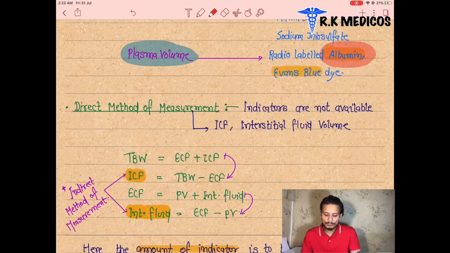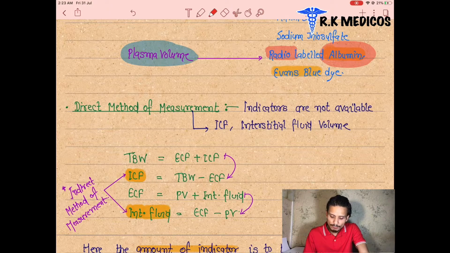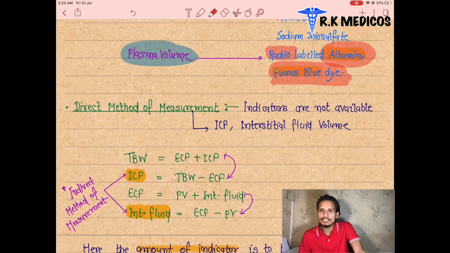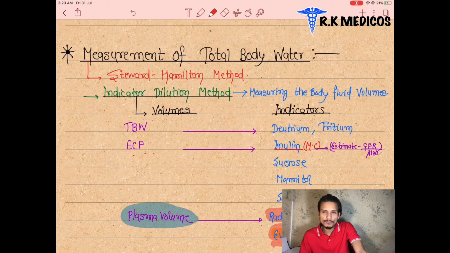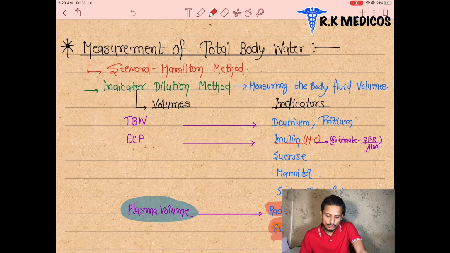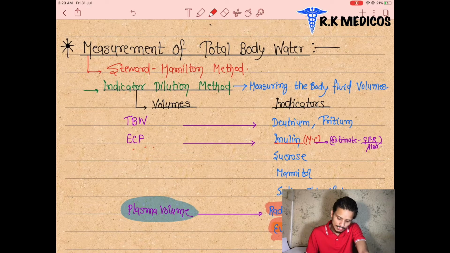And how are we going to calculate it? We attach a radio-labeled term, that is radio-labeled albumin. And the next one, Evans blue dye, is also used as an indicator of plasma volume. So these are the different methods used as indicators for the measurement of body fluid volumes. Now we are going to see the next point in this topic,